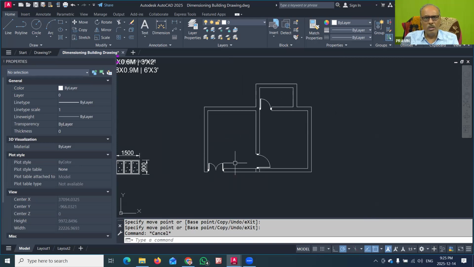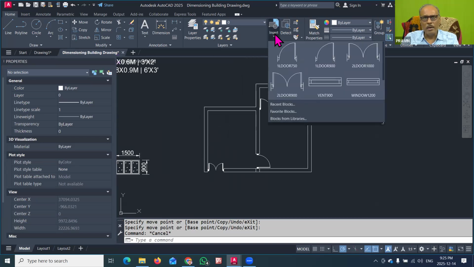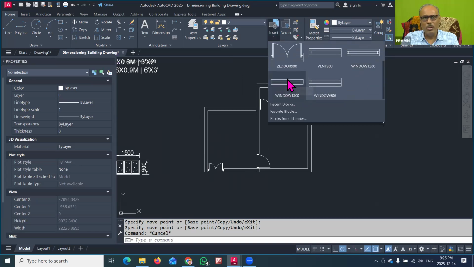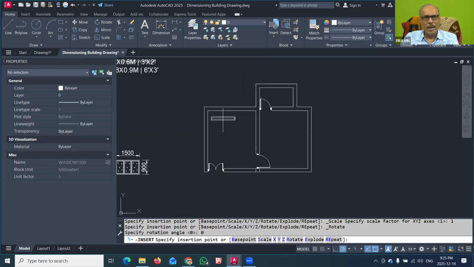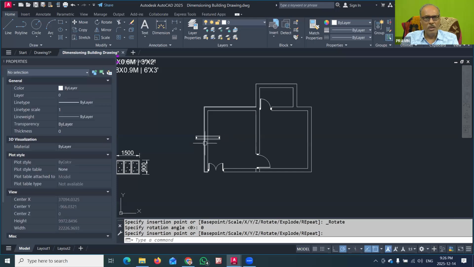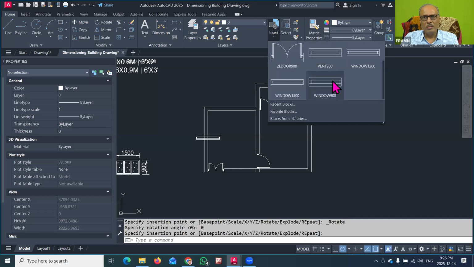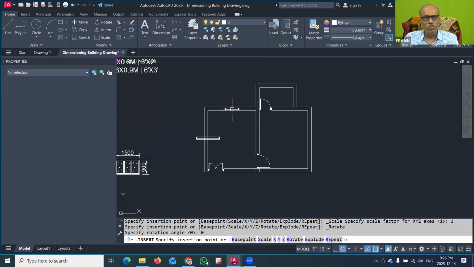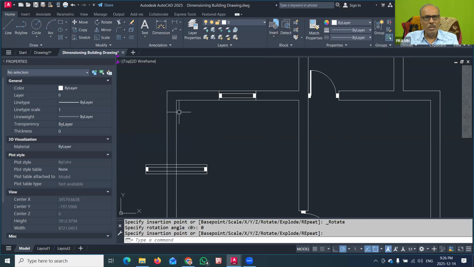But this is not all, you can quickly add the windows also. So I can go to the insert block command again. Now I will add one bigger size window, that is the 1500 window here. So this I will use and I can place it here, at the midpoint of that wall. So it is exactly going at the middle. Here again you want some small window. So insert, we will search for the 900 window. This is the 900 window. And I will now add it here at the center of the room. So you can see that very nicely, without any distance measurement and all these things, I have just placed this at the middle and exactly it will be appearing at the room center.